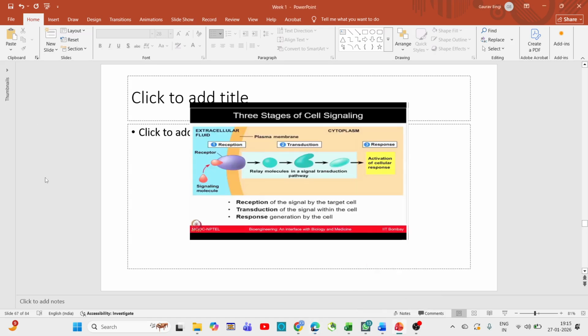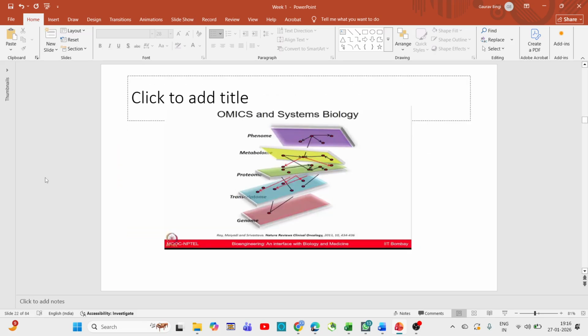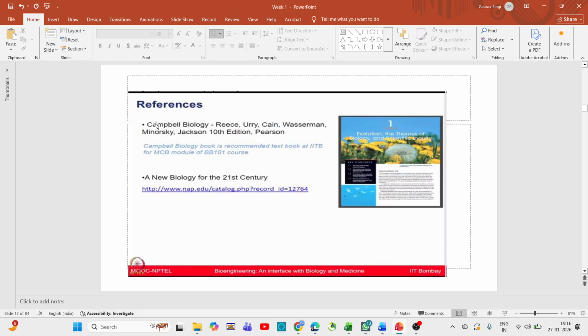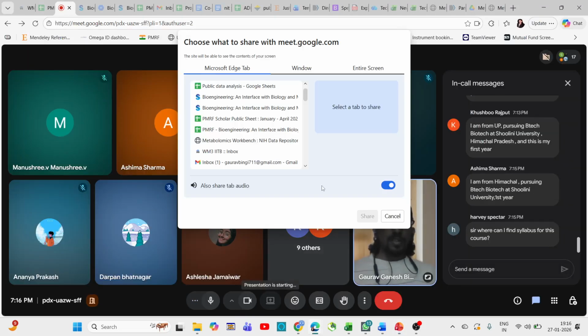there are certain references which sir has given you all. You can download that specific book. I'll just show you. See, this is one of the references, Campbell. There are ebooks available for this book. You can go through it for the initial topics taught in the first few lectures. I don't know if I have shared the screen. I was showing the link of